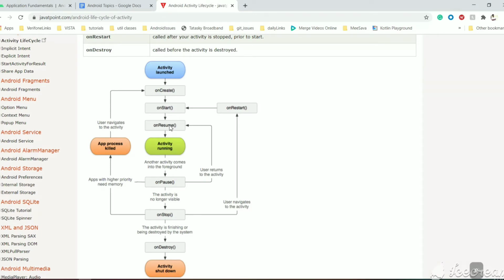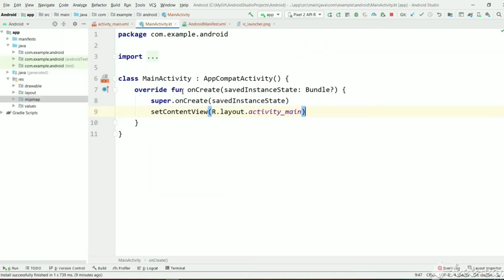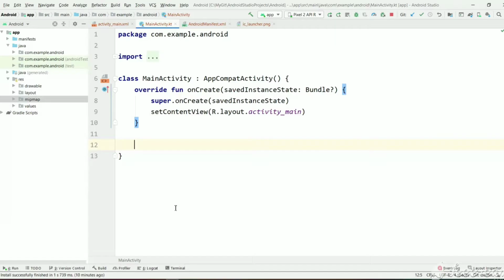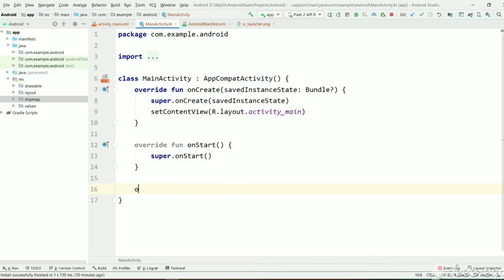So we will see a demo to show all these states now. So here we have created only one method, the override method. We will be creating all other methods also. So onCreate, here you can see onCreate, onStart, onResume. We will be creating onStart, onResume,